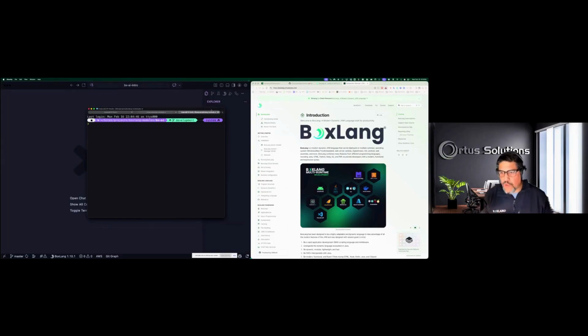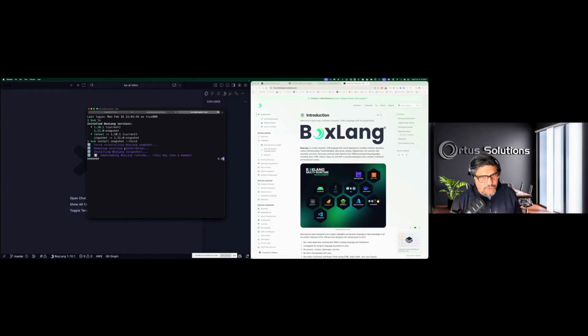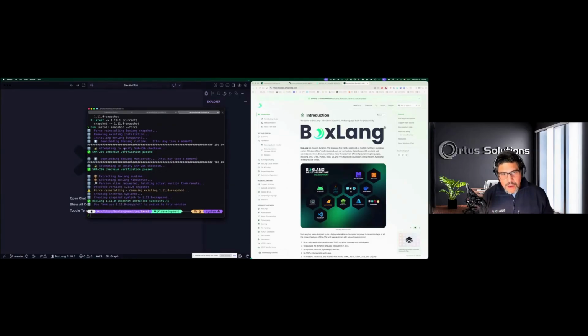Remember, BoxLang is multi-runtime. Not only you don't have a web server anymore, you can if you wanted to, right? But the BVM basically allows you to list how many versions of BoxLang you have at the operating system and then use and change. So here I'm using the current version, for example. If I actually wanted to install the snapshot version that probably was done before I made this event, you do install snapshot, force it, and basically it'll install BoxLang and the BoxLang mini server on my system.